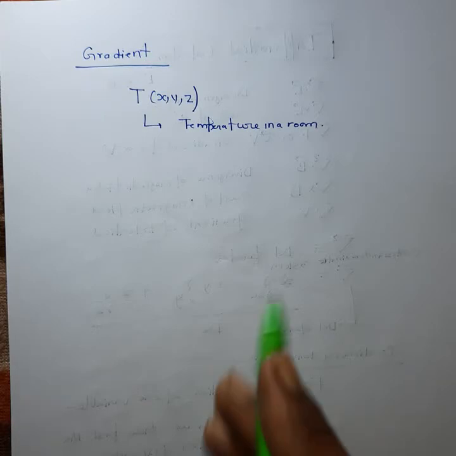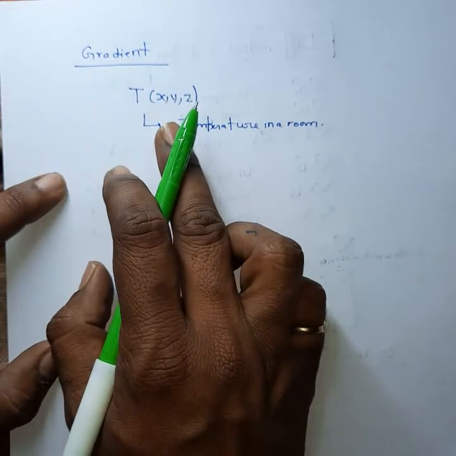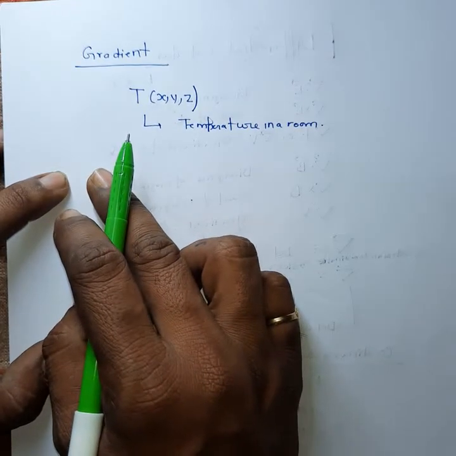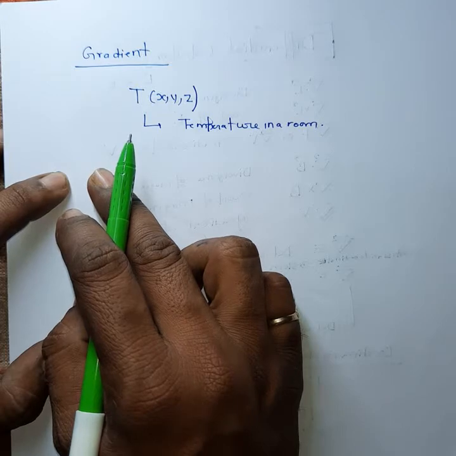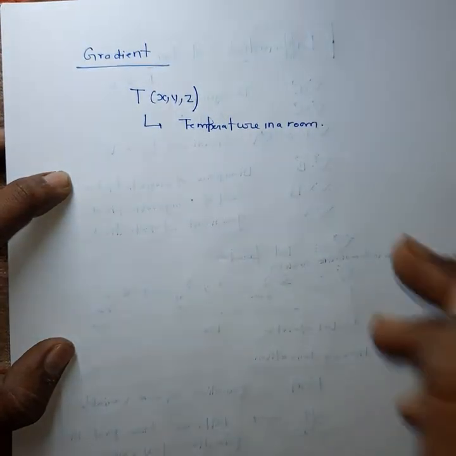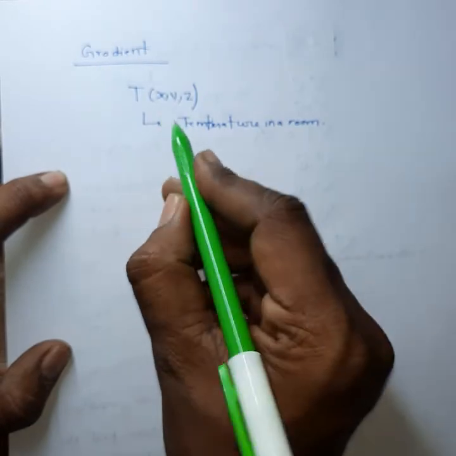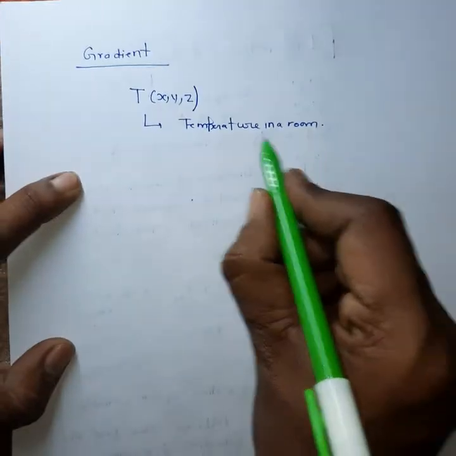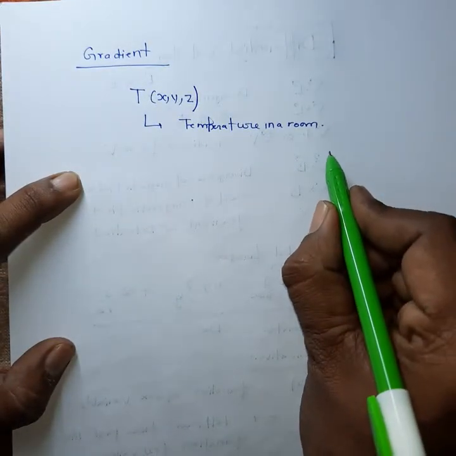So in the previous section we have seen that a derivative tells us how fast the function varies if we move a little bit. But this time, when we are discussing a function of three variables, the situation is somehow more complicated because it depends on what direction we move. For example, suppose this is the function of three variables. A simple example of this type of function may be a temperature in a room.